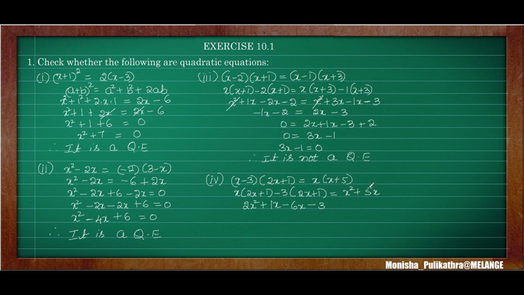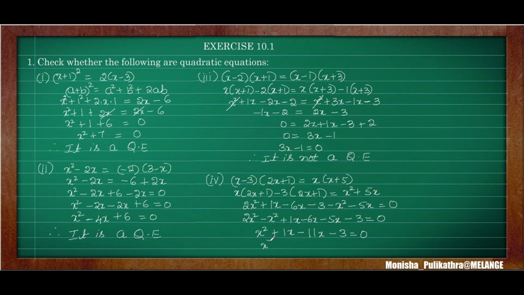So I'll be shifting this x square plus 5x also to the left hand side. It will become minus x square and minus 5x is equal to 0. Here I will be grouping all the numbers according to their degrees. So 2x square and minus x square. Next is plus 1x, minus 6x and minus 5x, all have x coefficient. Next is minus 3 is equal to 0. So 2x square minus x square is x square. Then 1x minus 6x, minus and minus, we need to add it, so 11x, larger number sign is minus.